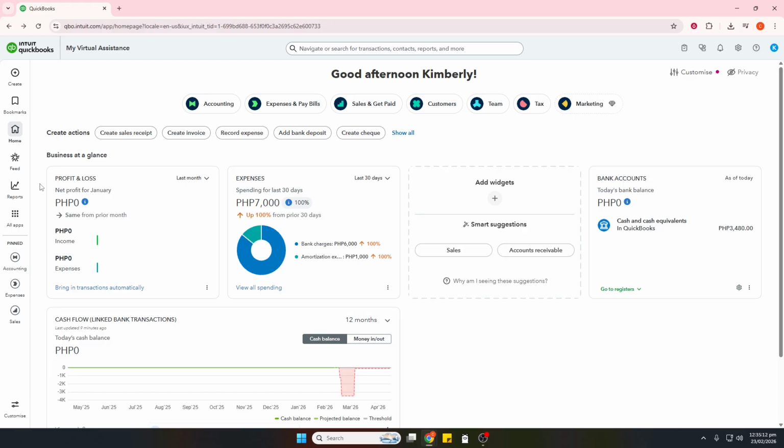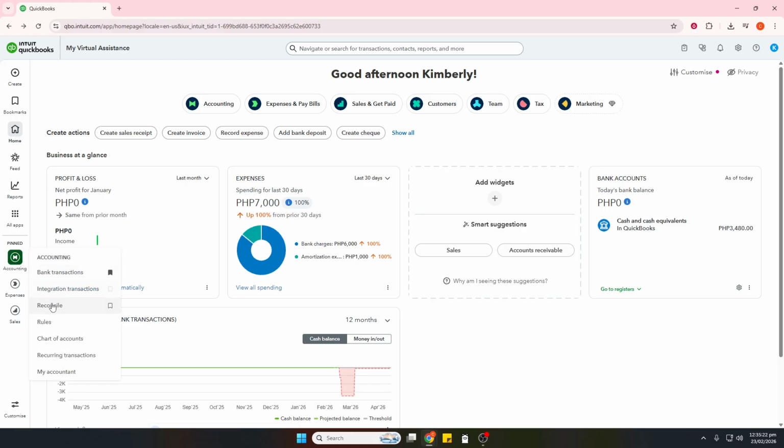However you get the CSV, make sure it includes three essentials: a date column, a description column, and an amount. The amount can be one column with positive and negative values, or separate debit and credit columns. Keep the dates in a consistent format and ensure the amounts are numeric without symbols so QuickBooks can read them